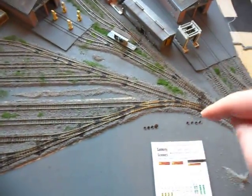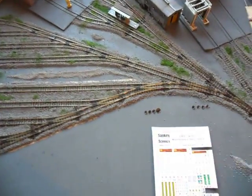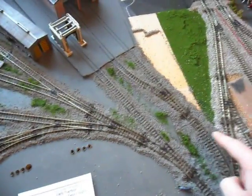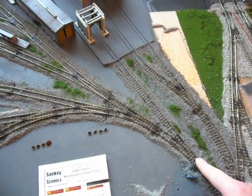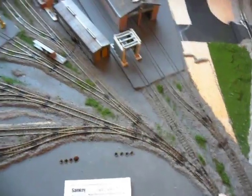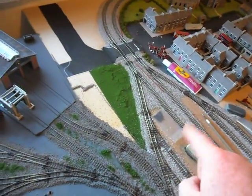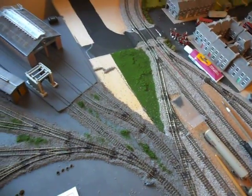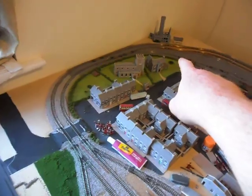So we're just going to have the controller straight on there, and it's a 4-track controller, so 2 lines over here, this one and this one, independent control from the transformer, so we can do some shunting in here and here while things are running around the main line. The other two controllers are going to power up the long coach sidings over there